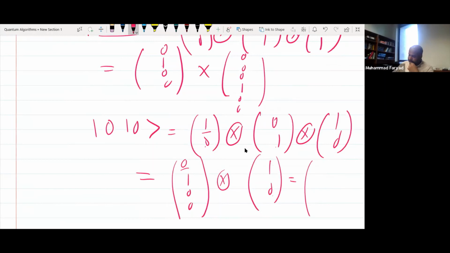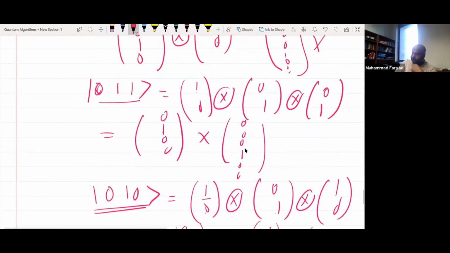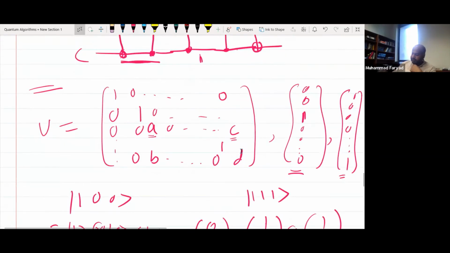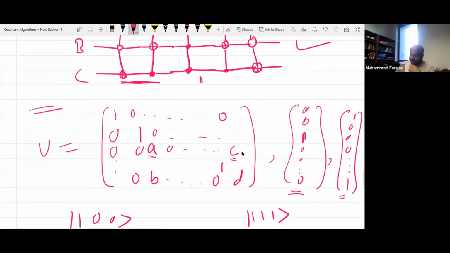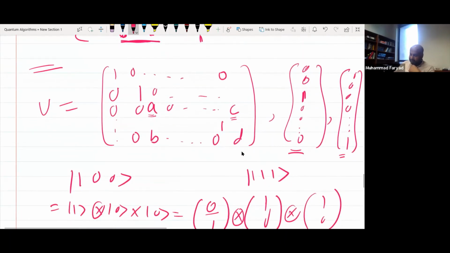So 0 into 1 0 1. Yes, so this is the state. So it acts non-trivially on 0 1 0 and 1 1 1. Okay, so this matrix acts on 0 1 0